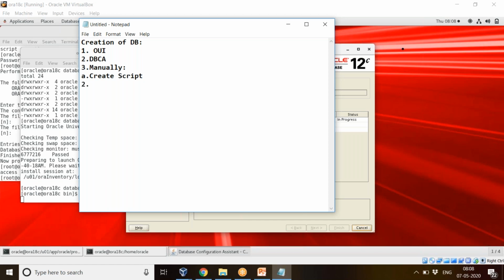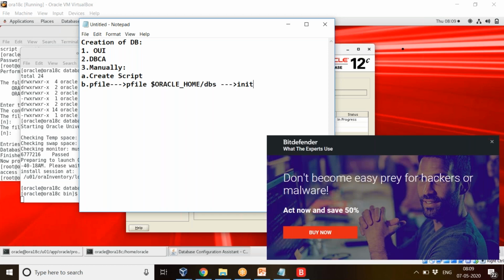Second one is you want the P file. P file means parameter file. Which is the location normally $ORACLE_HOME/dbs. So this is the location, and here you have the file called initdb2.ora.